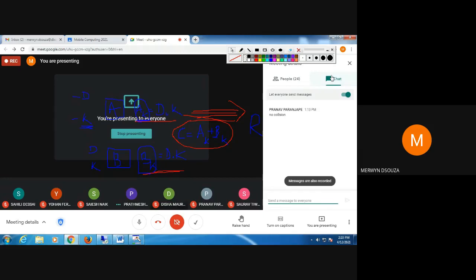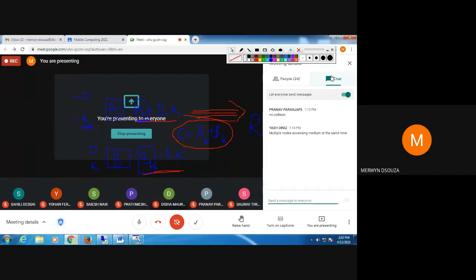Yeah, and basically the advantage is you will be using one frequency, right? You'll be using one frequency to transmit multiple signals. Multiple users can communicate at the same time, right? You can have multiple stations sending data at the same time. Okay, yeah, that's what Yash has written, that multiple nodes can access the data at the same time. That is the main reason for superimposing all the signals.